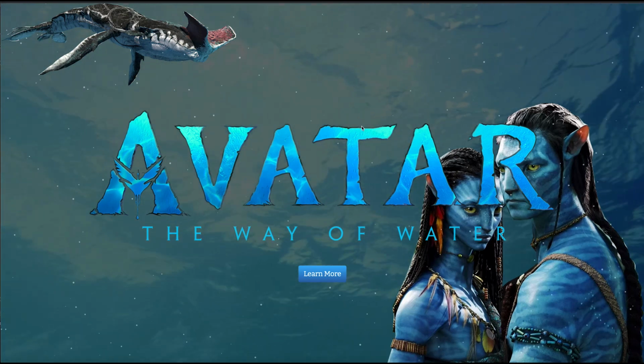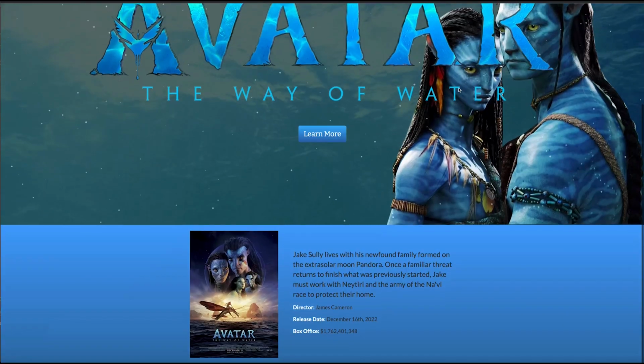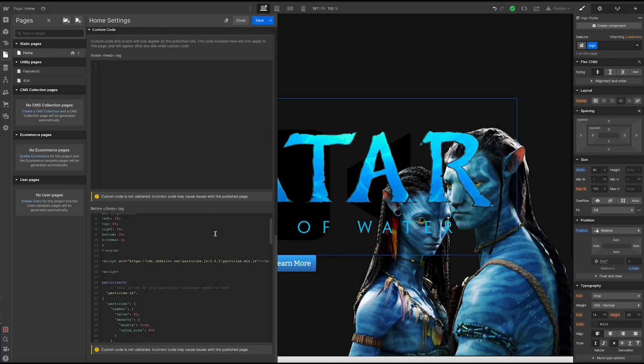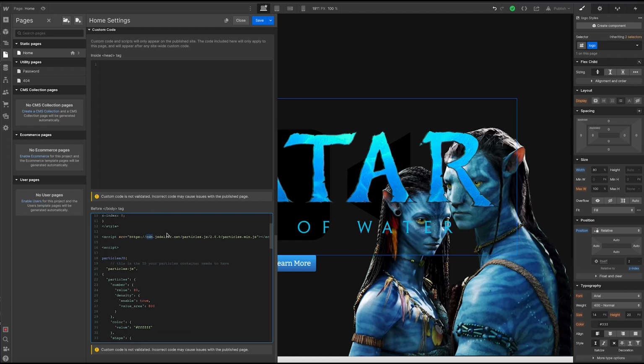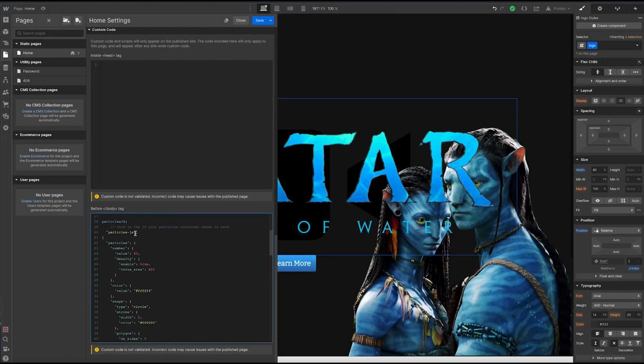I love when the movement's there. The video background helps too. It really kind of feels like we're underwater, even this simple looking page here. Yeah, all we had to do was go to the settings of the page that you want the thing in. You're going to have to add a script tag to link to the particle.js library using the CDN. And then you have to customize the particles the way you want using the interface. And then just add all of those things here once you export that file,